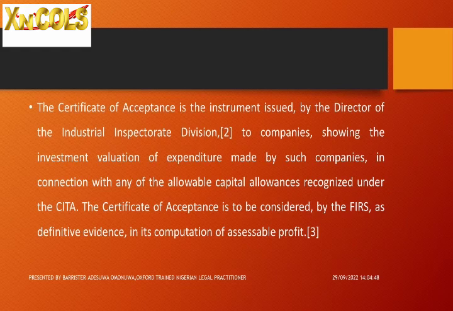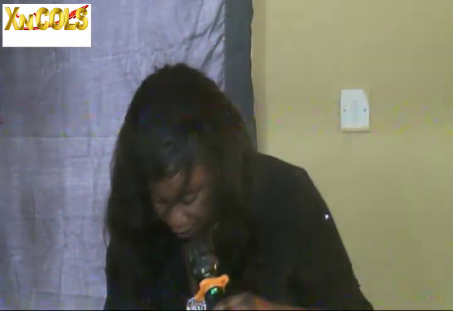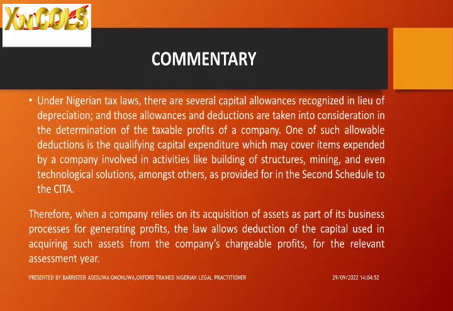The certificate of acceptance is to be considered by FRIS as definitive evidence. It doesn't require any further proof. Whatever is on the certificate of acceptance is accepted by FRIS as conclusive evidence of what you are entitled to in terms of capital allowance. Under Nigerian tax laws, there are several capital allowances which are recognized in this area. That is, allowances and deductions to be taken into consideration when assessing tax liability for a particular period. One of these is